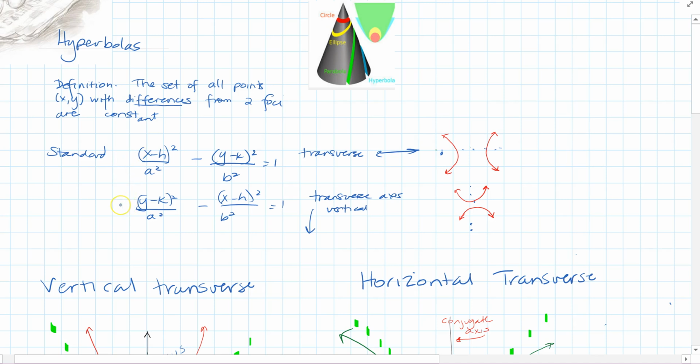There's two different equations I need you to understand. The first one is where it starts with an x, and in both cases on hyperbolas, you're going to have one of them being subtracted. So here, if it starts with x minus the y squared, then the transverse is this axis that holds the foci, the vertices, and the center. And so if you have one where the y is being subtracted, then it's going to be this side to side. It's going to be this horizontal